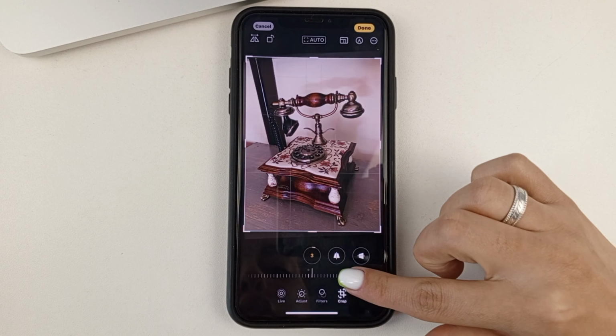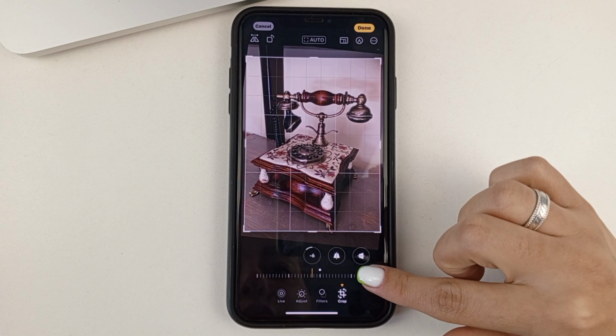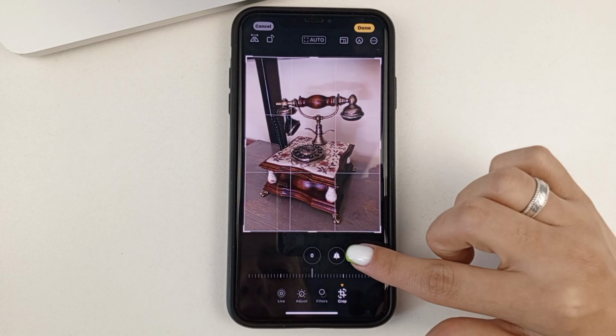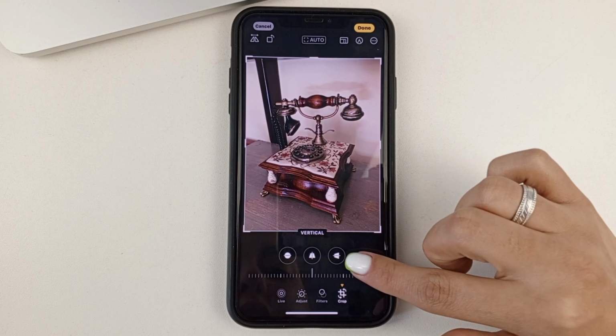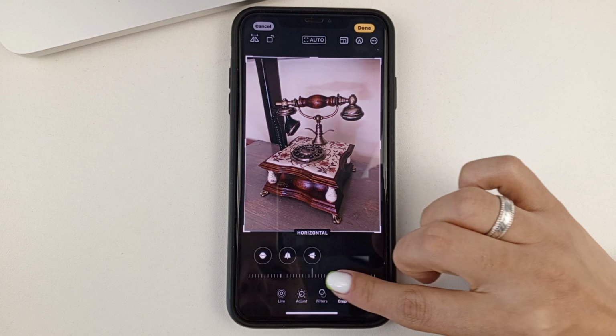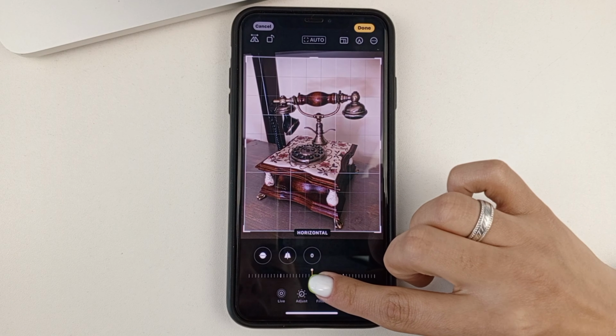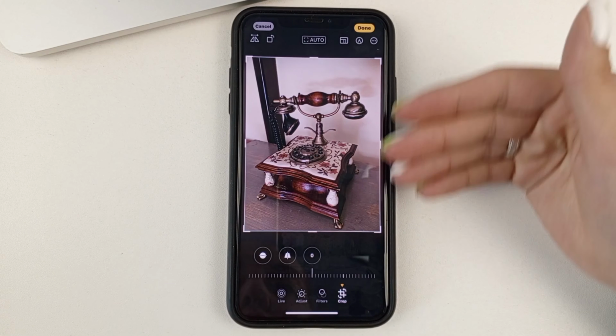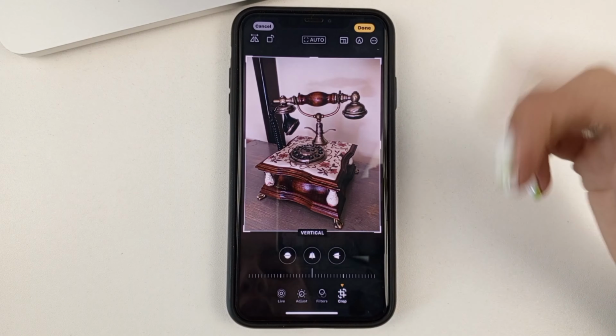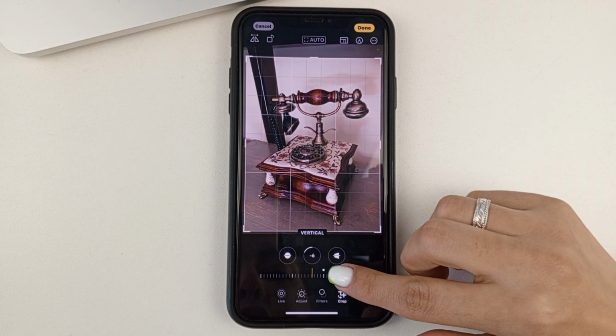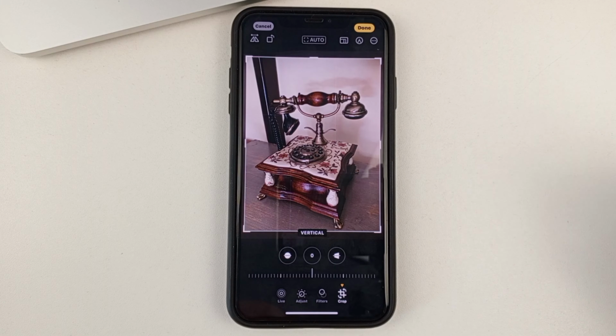If you drag this slider at the bottom, and there's also vertical and horizontal flips, for example. If you think that you would like to drag some part of the photo forward, for example, it is also possible to do it not in some special application, but just in the editor on the iPhone.